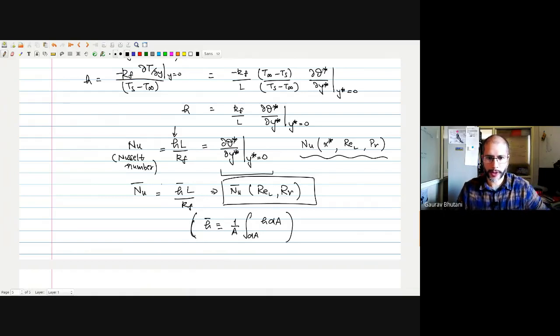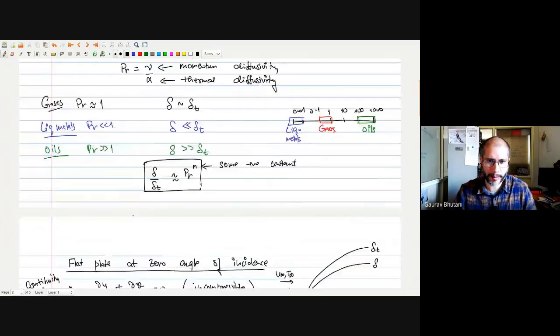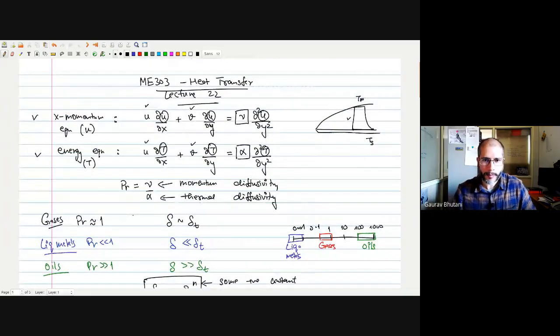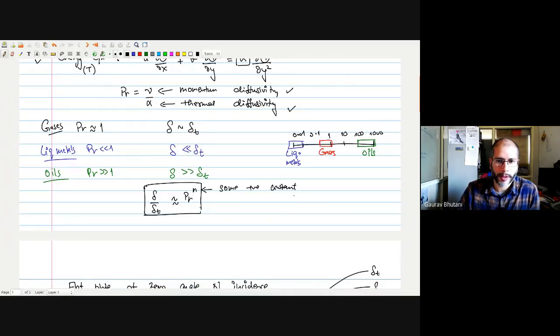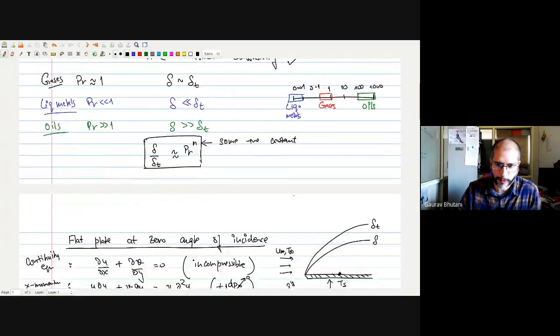So this brings us to the end of our discussion on the non-dimensionalization of our energy equation, which involves convection as well as conduction. Just quickly recapping today's discussion. We talked about the x momentum equation and the energy equation, and we talked about the importance of this Prandtl number, which is the ratio of the momentum diffusivity to the thermal diffusivity, which tells us how the velocity and the temperature boundary layers grow